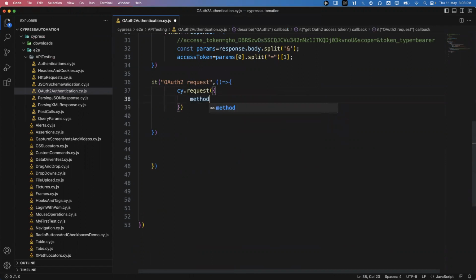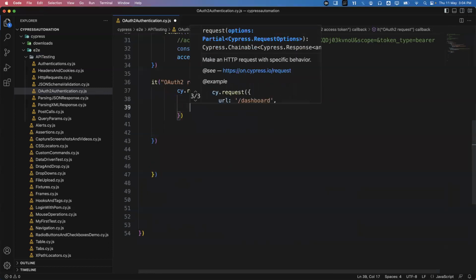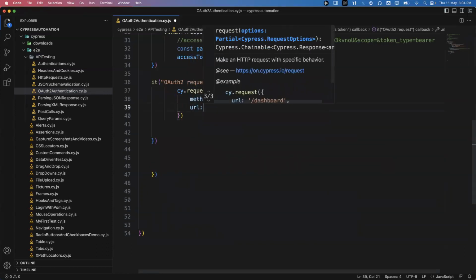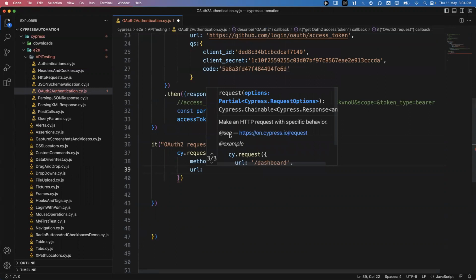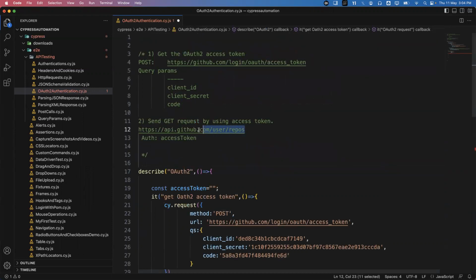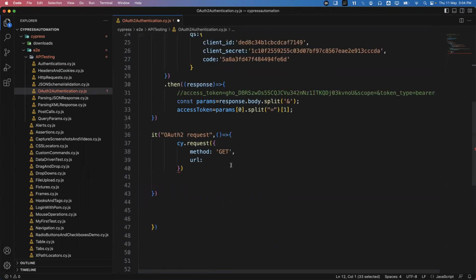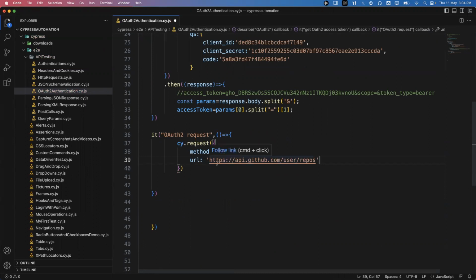So request method is what? Get, comma. And what is the get URL we are going to use? This is the URL which we are going to send. Okay. Now in single quotation marks, specify the URL. So method, URL,